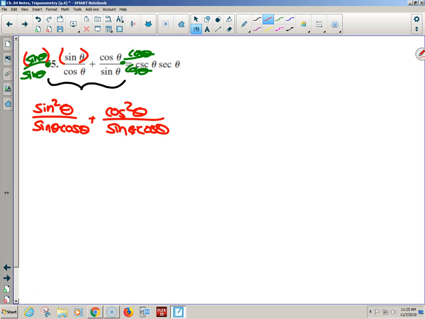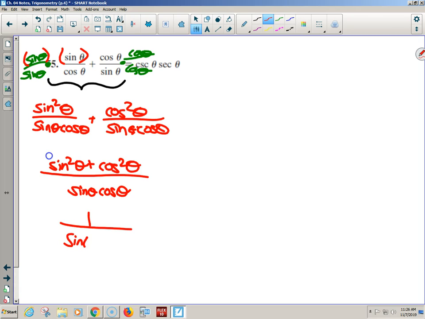Where did Emily get one? Sine squared theta plus cosine squared theta is 1, because I'm allowed to put them together. The bottom is sine theta times cosine theta, but I want cosecant theta times secant theta. Wait, how'd you get one? Oh, it's from a Pythagorean property in that big old table. Yeah, that says any sine squared plus any cosine squared, as long as they're of the same thing, equals 1.